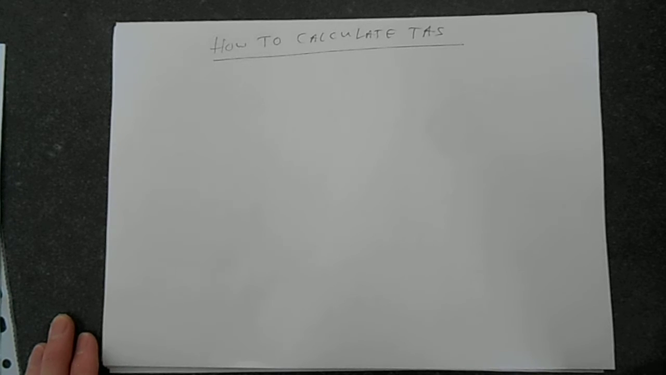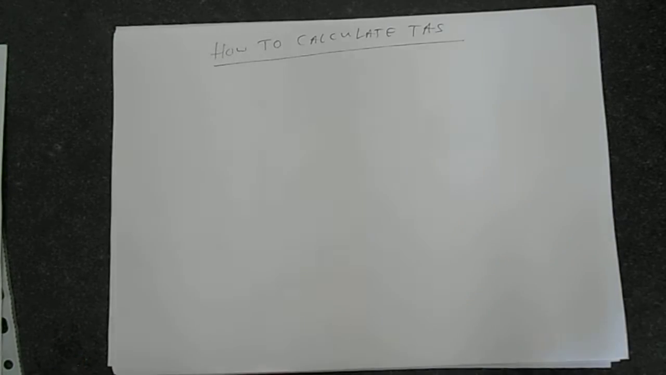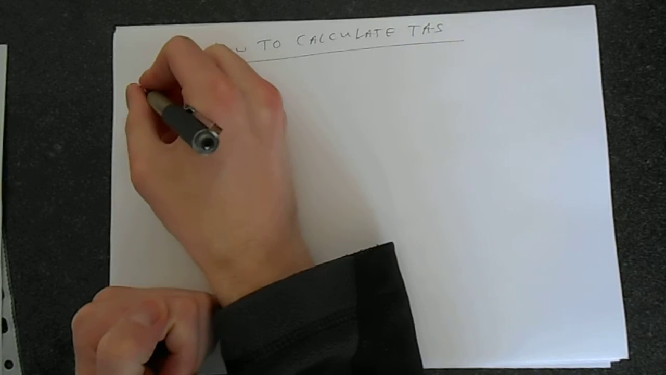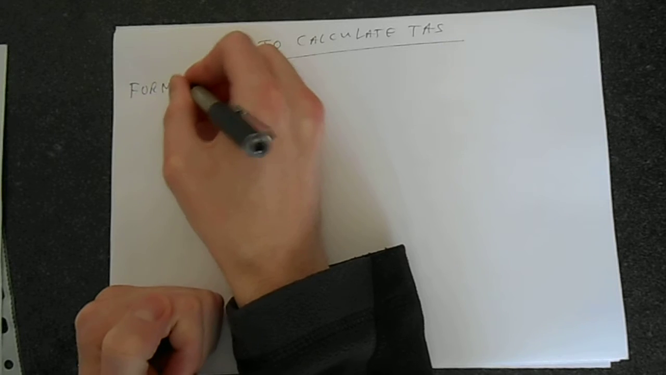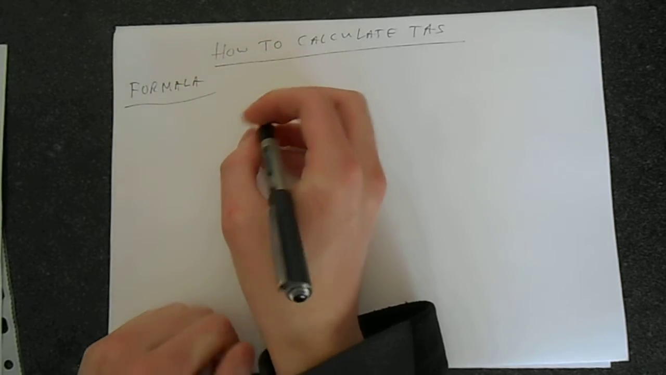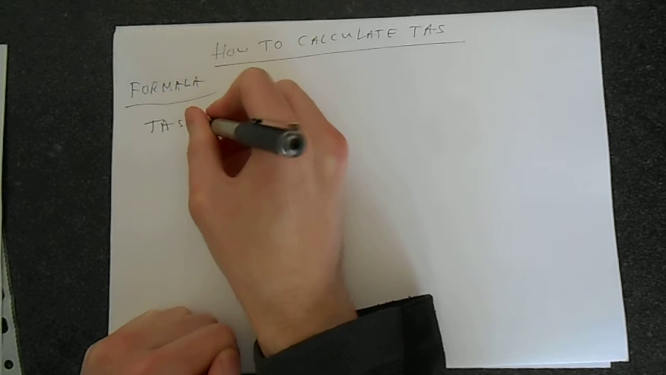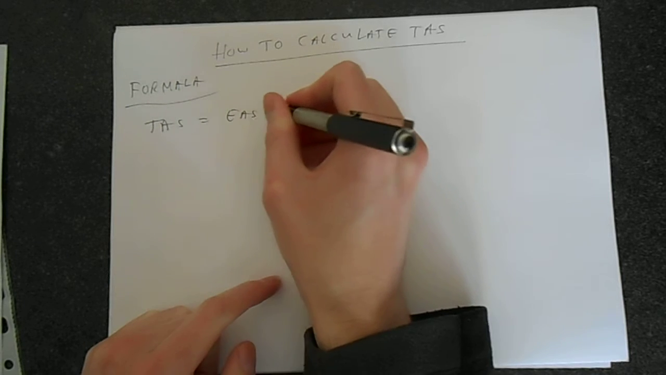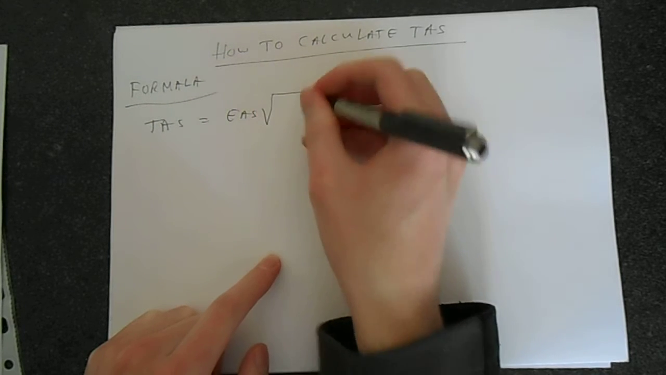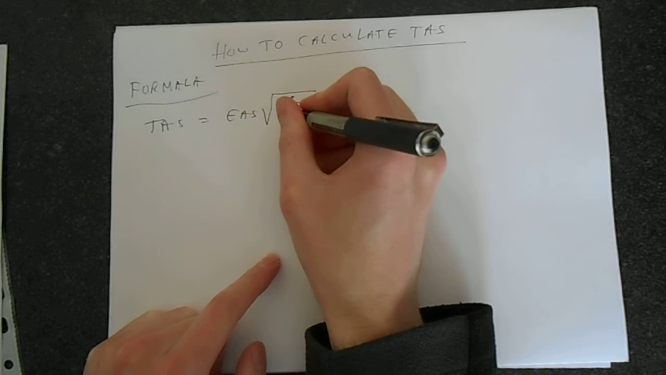In this video I'm going to talk you through how to calculate the true airspeed. Okay, so let's look at the basic formula. It's really not terribly complicated. So true airspeed is equal to the EAS, the equivalent airspeed, times the square root of rho naught